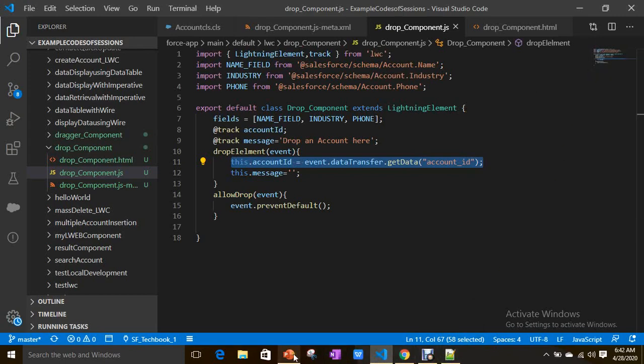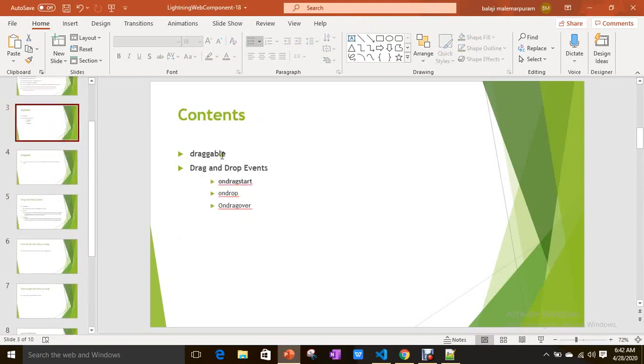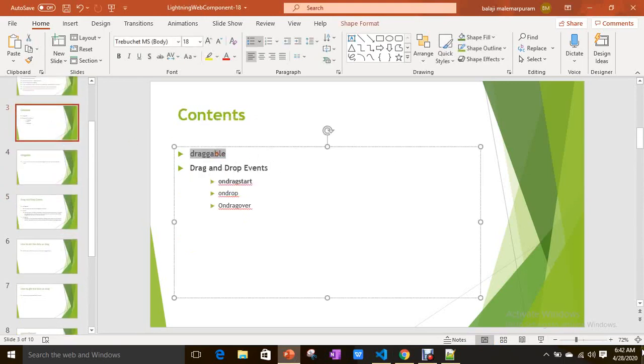Let me revise once again, then you can understand that. Draggable is an attribute which is useful for making your element draggable. Then the events we have to use: on drag start, which is fired on the dragger element which we made draggable, and then you can pass data by using the set data method.